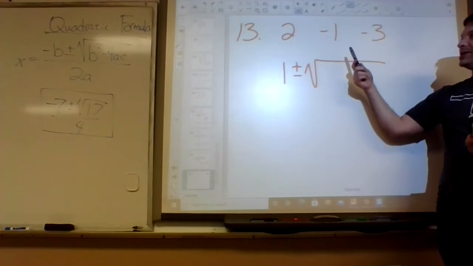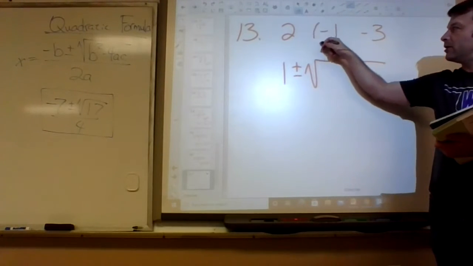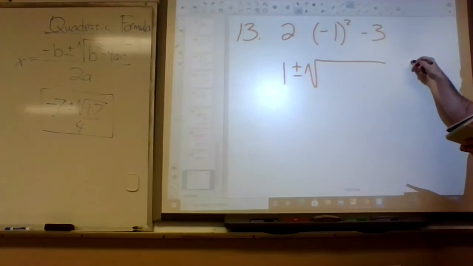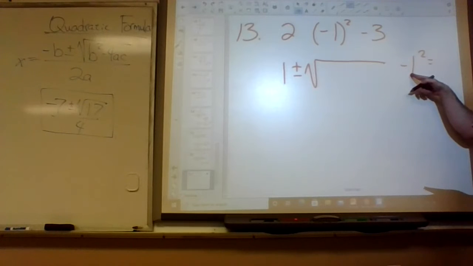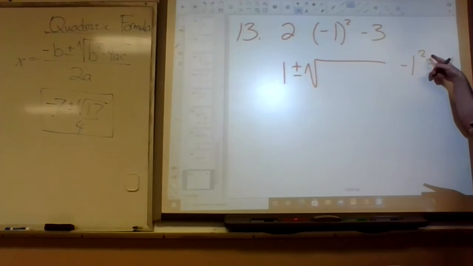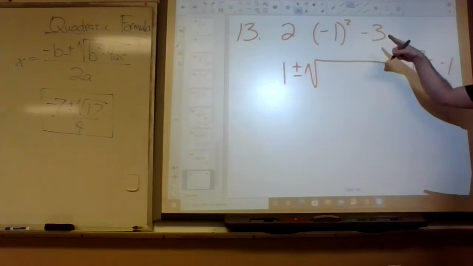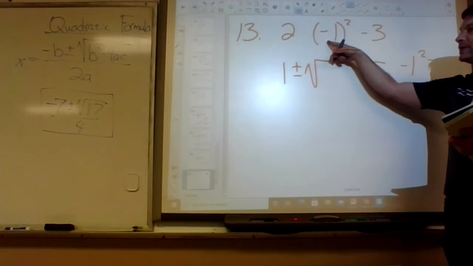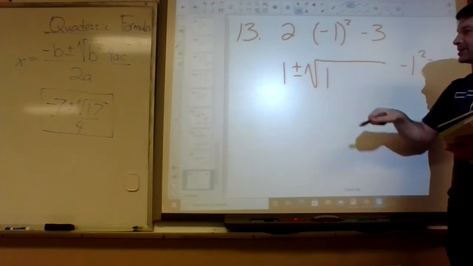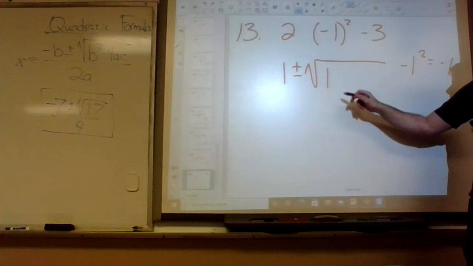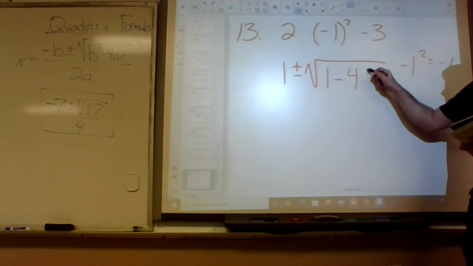When it says b squared, it means all of this squared. If I plug this into my calculator, what will it give me? Negative 1, because it squares the 1 and then adds a negative. But what we really want to do is square all of negative 1, so this should be a positive 1. Minus 4ac